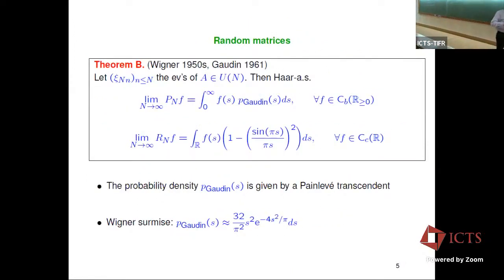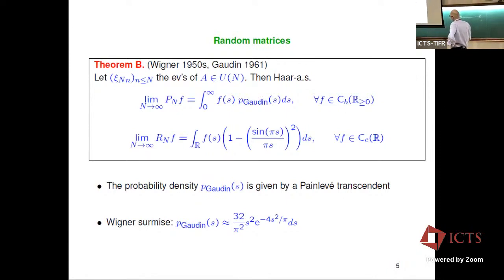Now, the exciting thing is that these are not the only answers you can see for very natural point processes. There is the so-called random matrix distribution, or random matrix distributions. There are many. For example, if you take a random matrix in the space of n by n unitary matrices, you can pick one at random with respect to the Haar probability measure on this space. You can diagonalize your unitary matrix. You get n points on the unit circle, the eigenphases of your eigenvalues. And then you can show that almost surely there's also a limit,